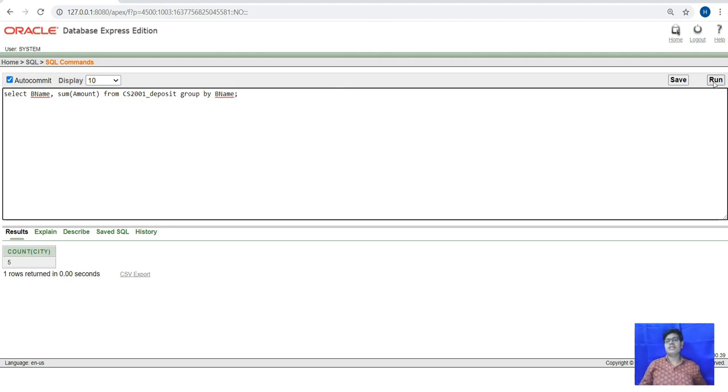When we run, we will get the sum for each branch name, by grouping, we will get the branch name and sum.